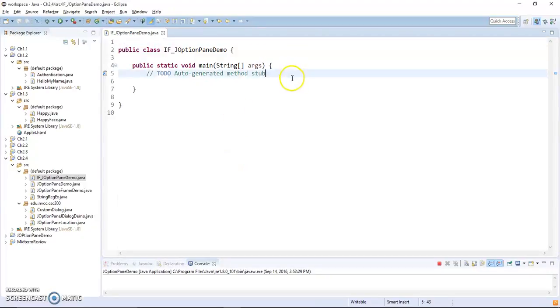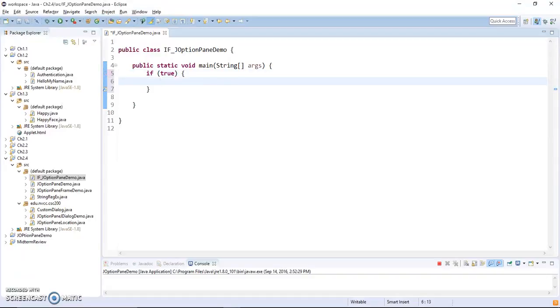So this video will show you how to use if, right? And we're going to use JOptionPane at the same time. Like if it's true, it's going to do whatever is inside the statement. Like I want to show JOptionPane, right? I could say JOptionPane dot